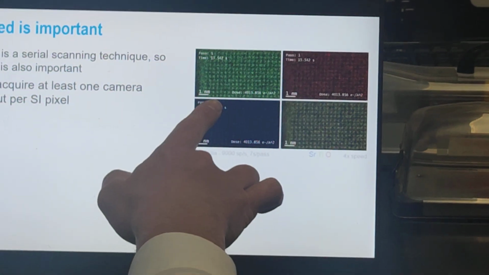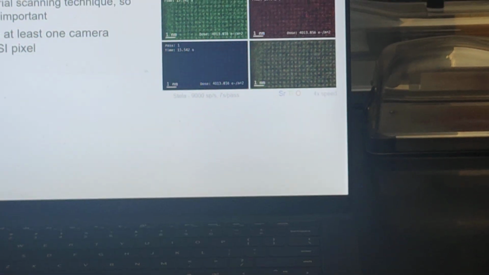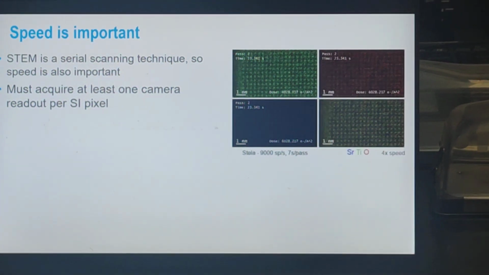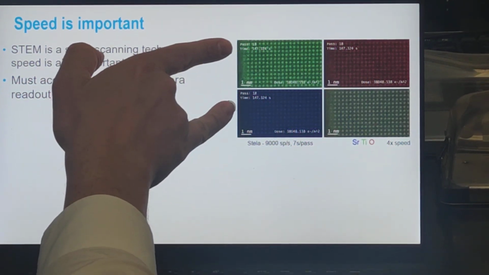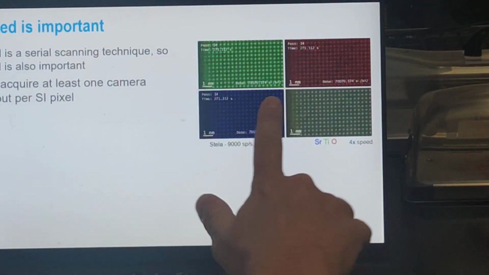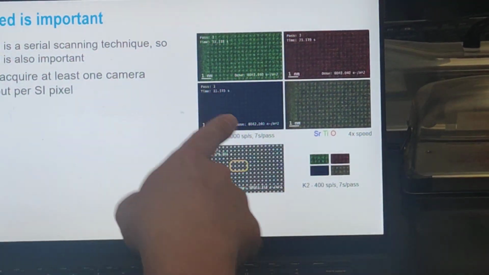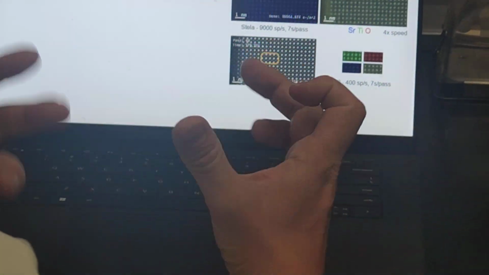So this is just STO in a NeoArm, a JEOL, and this is stellar data, and so this is the accumulating pass time. So each one of these, 7 seconds per pass. So that's quite a big array. Like, there's no subpixel scanning, and I think you get atomic resolution. I mean, it's easy because it's a perovskite, big spacing, but you sum